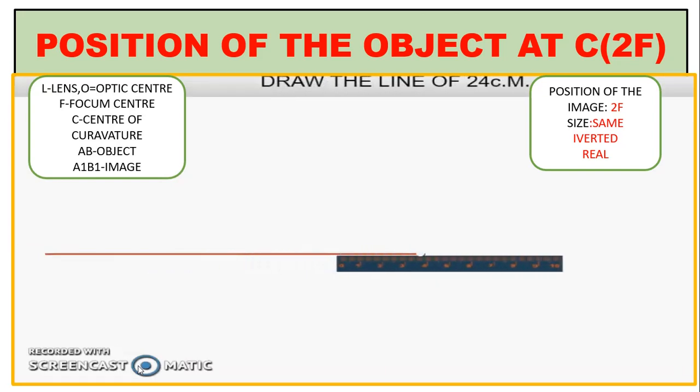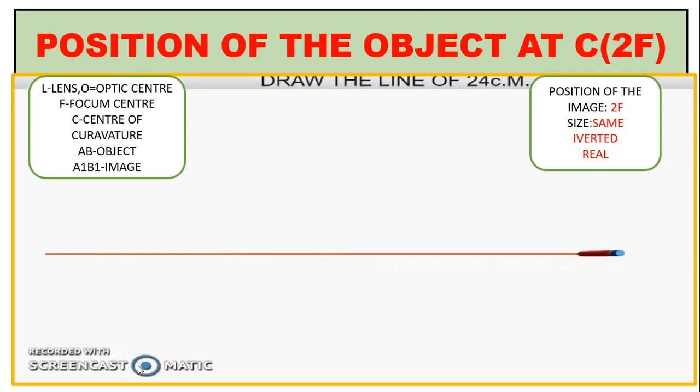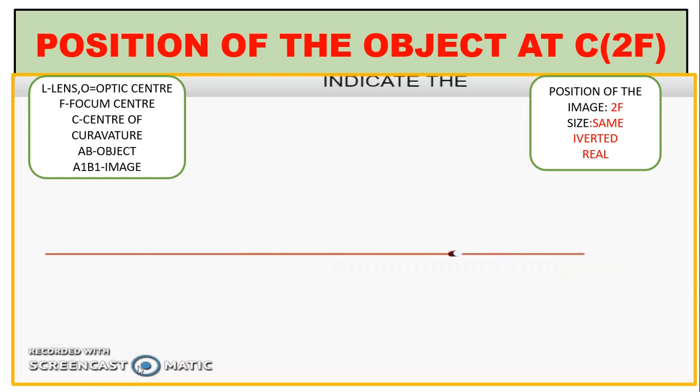So now draw 24 centimeter. I am taking 24 centimeter, and the middle point is represented as O. From O, take 4 centimeter. It is more in your exercise, taking 2 centimeter is enough. And from that, 8 centimeter from O or 4 centimeter from O, if the distances are equidistant, then you can't get a clear